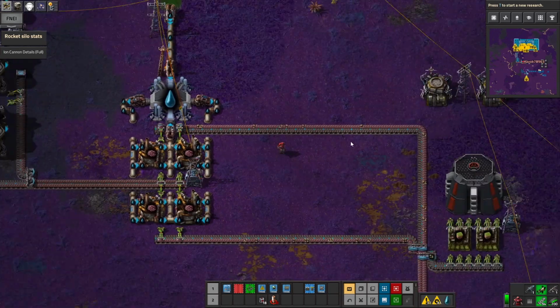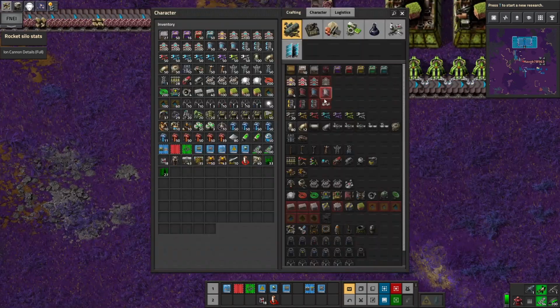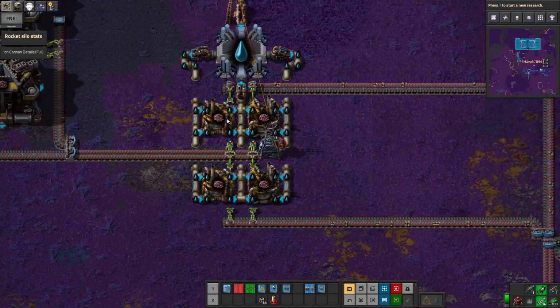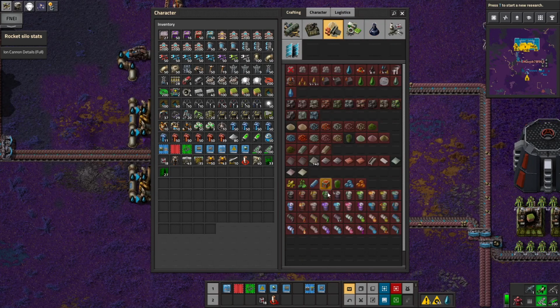Now we've got a lot coming out here. We need to figure out what we're going to do with, what is this, the crushed Holmonite or washed Holmonite? Because we crush it and then we wash it. The next step, excuse me,